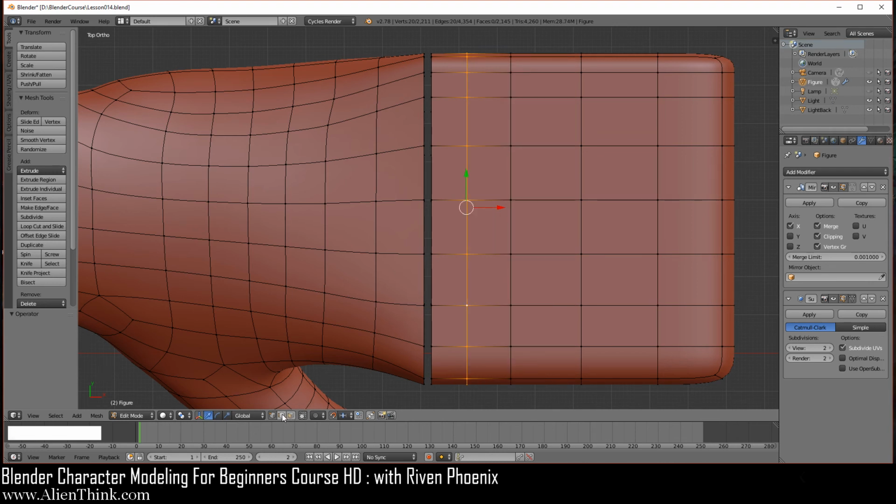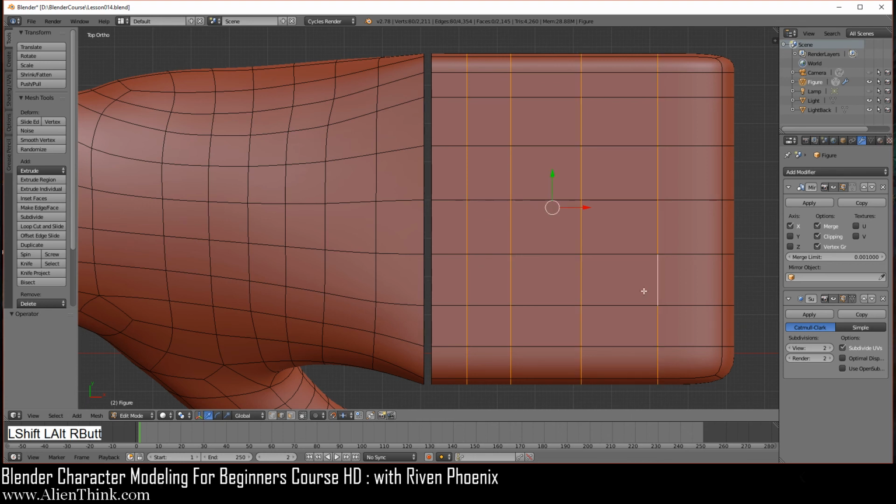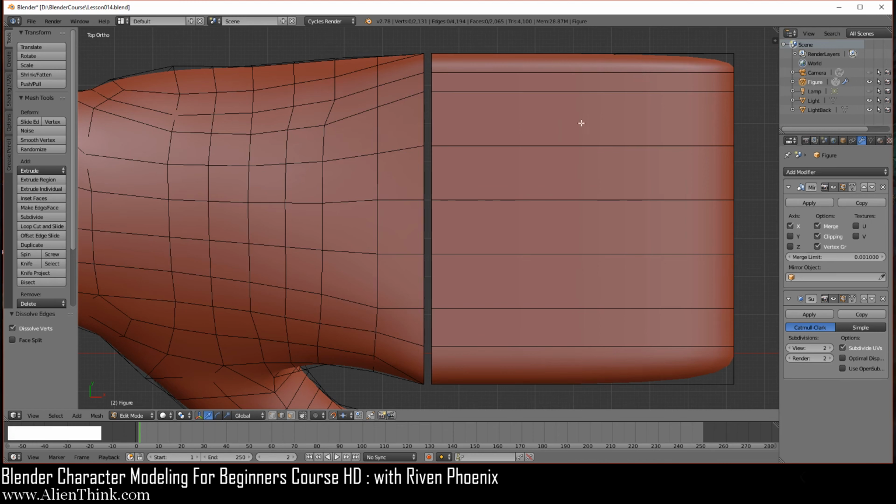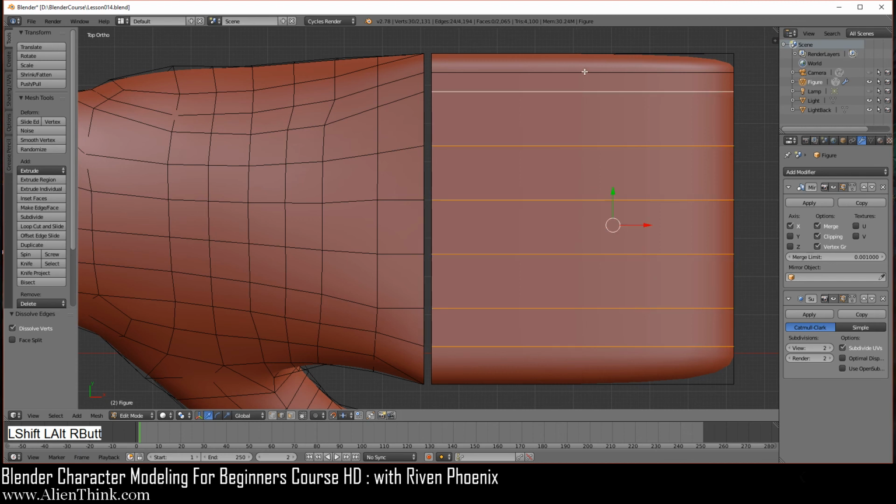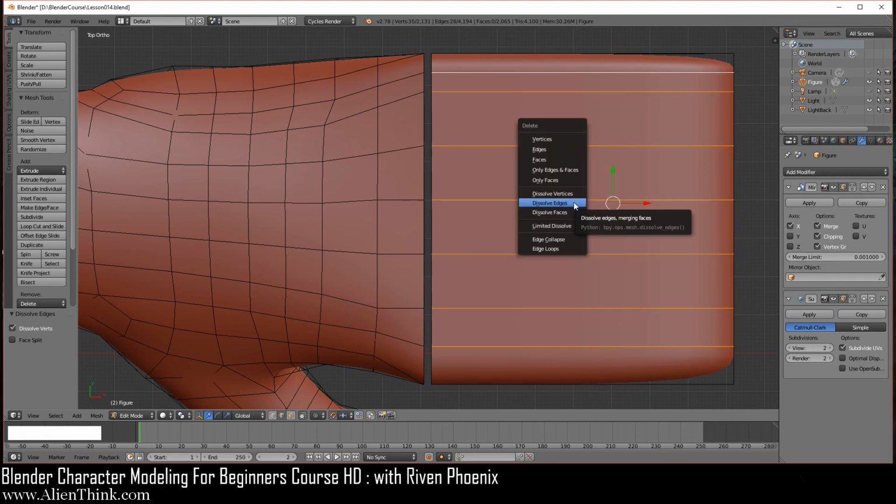Now, if you switch to the edge select mode and now do Shift Alt and click on this, you can see that we can get to this edge loop without selecting the faces in the middle. So Shift Alt and go ahead and select these 4 edges. We're going to do X and go ahead and just do dissolve edges. Now it's a good idea to go into this subdivision modifier and just click this off, because over here it can get a little confusing. So we're going to do Alt and right click this one, Shift Alt, click on this one, this one, this one, this and this, X, and we're going to do dissolve edges.